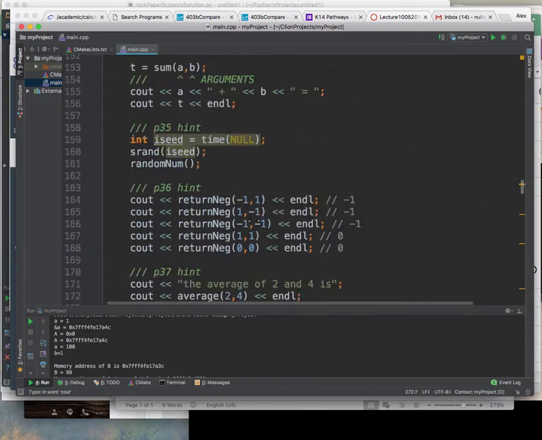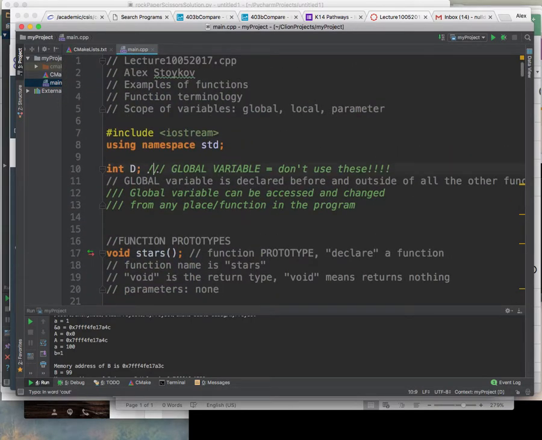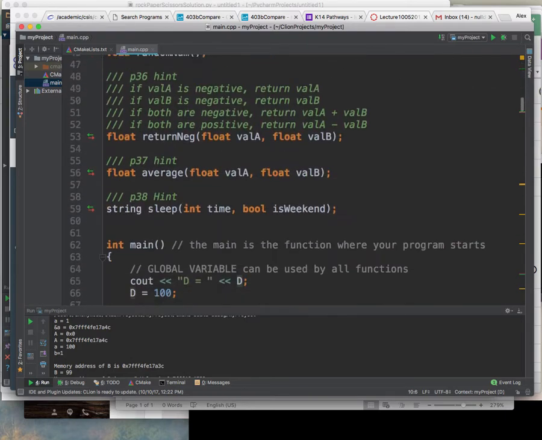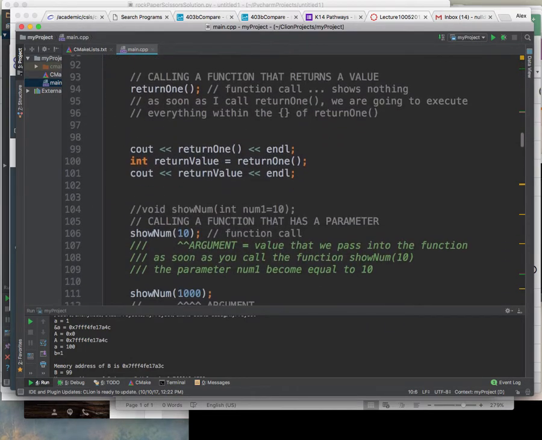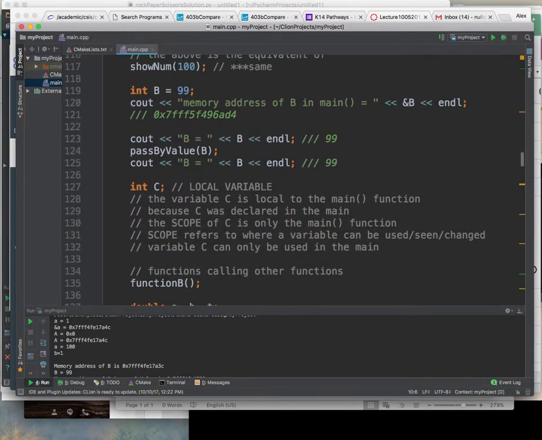A global variable, again, going back all the way to the top, was one like this one. So variable d is declared before any of the other functions. Before and outside of all the other functions means that it can be used inside of all the other functions. If I declare a variable inside of one of the functions, it can only be used and changed, for now, inside of that function. Actually, today I'll show you how you can break that rule. And then again, the illustration that I did was, if I run the program,